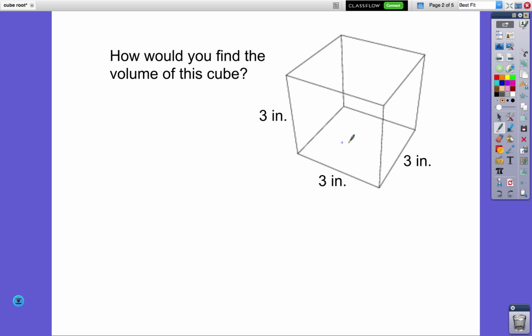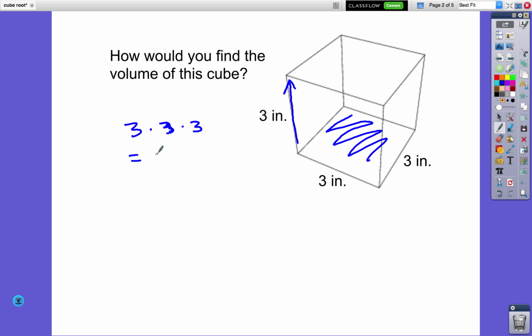So let's take a look at this geometry problem. How would you find the volume of this cube? Now, hopefully you remember from a previous class that to find the volume of a cube, all we have to do is find the area of the base, which is 3 times 3, and multiply that area by the height, which is also 3. So in other words, our problem is 3 times 3 times 3,